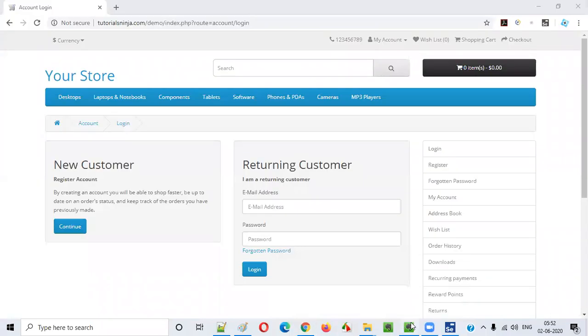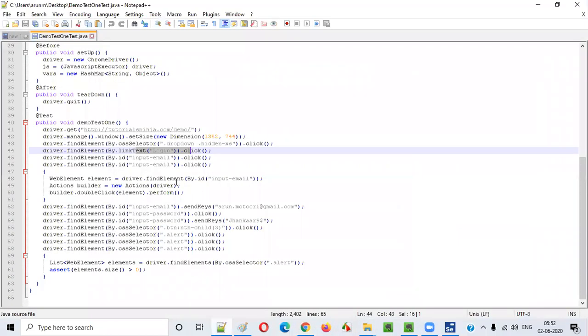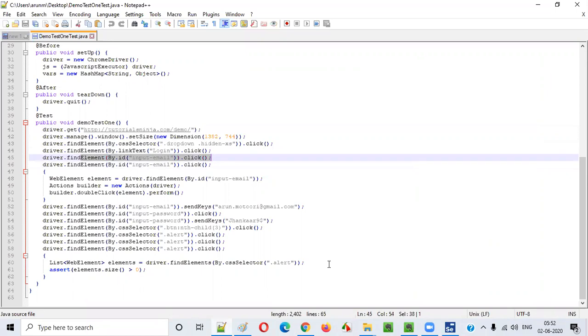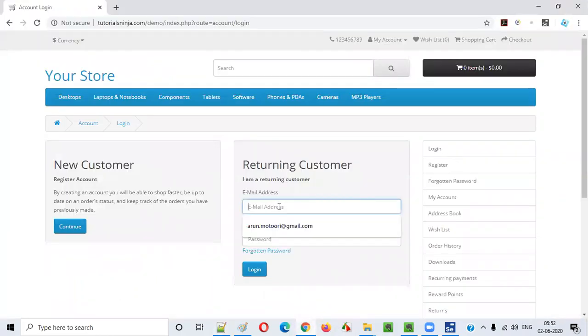All the steps are there here, right? So up to here I did, right? I clicked on the drop down, I selected the login. Then I have to click inside the email. I clicked it twice. Somehow it recorded twice. We only need this once. Okay, so fine. So what it's doing is simply clicking on the email field.